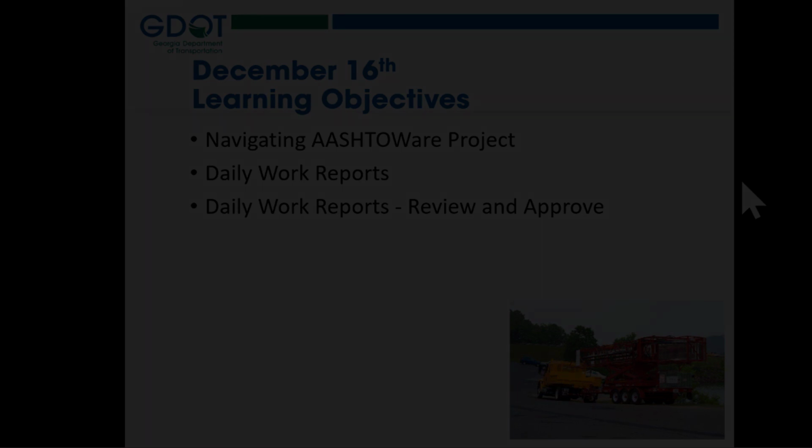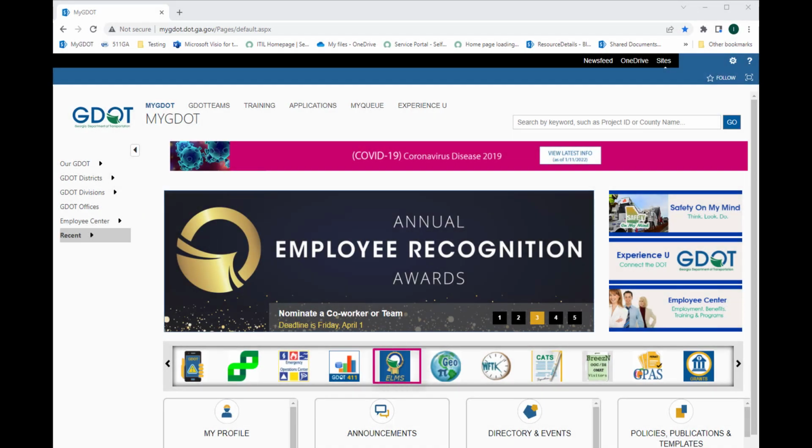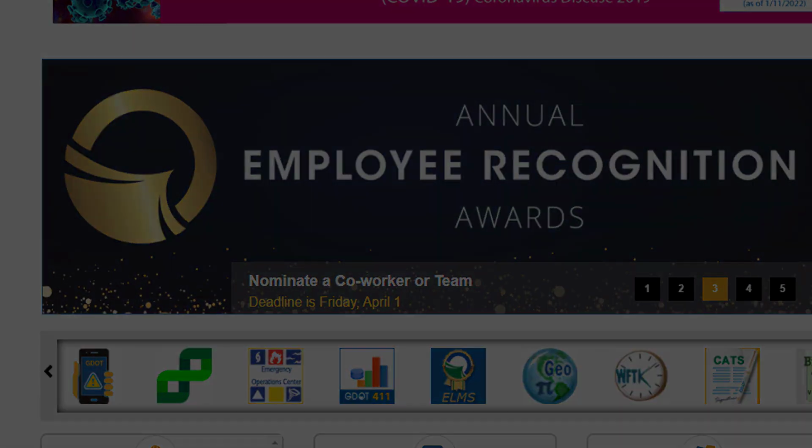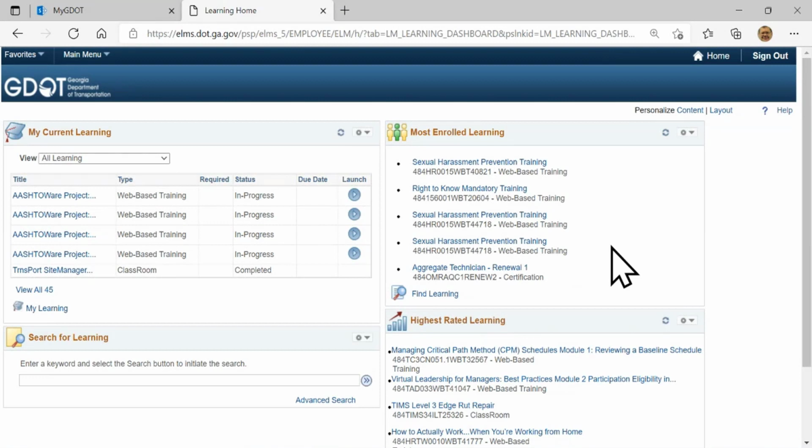So going in here to working with it, let's go over to ELMS. So if you would log into ELMS, and I'll bring that over here for us to look at. One of the nice things about this training is we have our different CBTs in there to working with it. So with our information on here, once you log into ELMS, you'll have your different training to work with it.